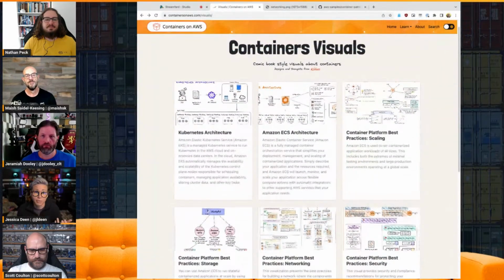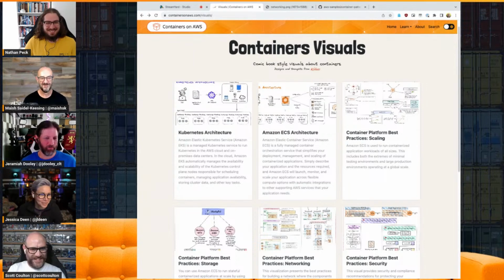And I thought it would be helpful to share with others as well, which is one of the reasons we came up with visuals. The other cool thing about Excalidraw is if you don't like trusting somebody else to have your data and store your drawings, you can also run it in a container. And I know Scott is the container enthusiast, but we all love containers. This is a container team.